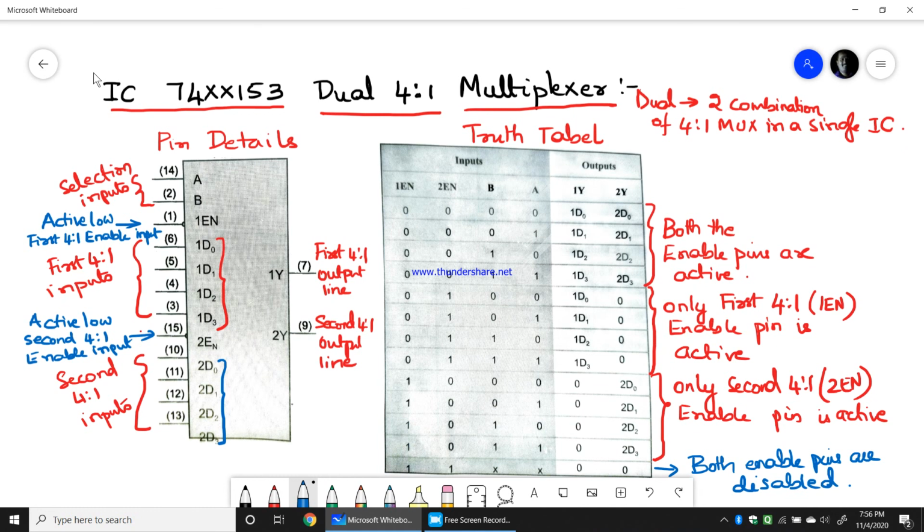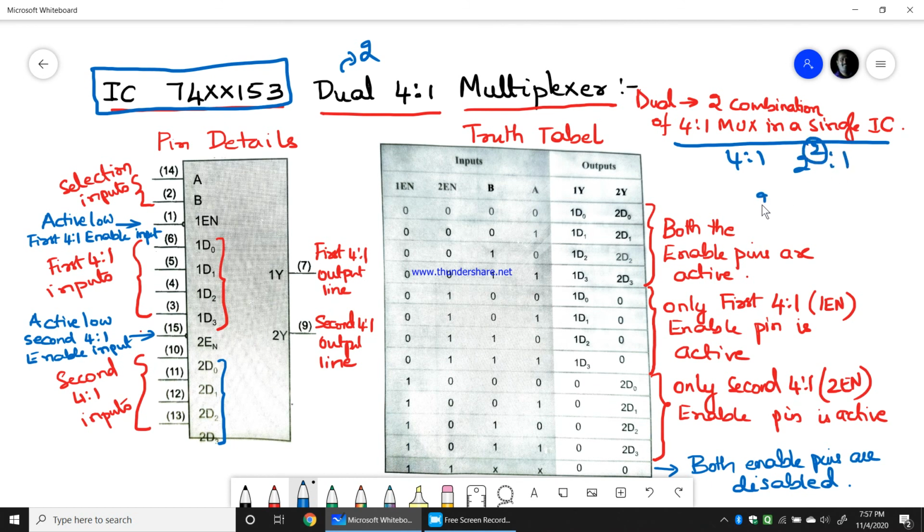So we do have 74153. What is 74153? It is a dual 4:1 multiplexer. Dual means 2, so you will have 2 different combinations of 4:1 mux in a single IC. When I say 4:1, the selection inputs are what?